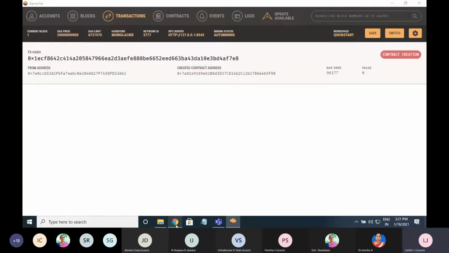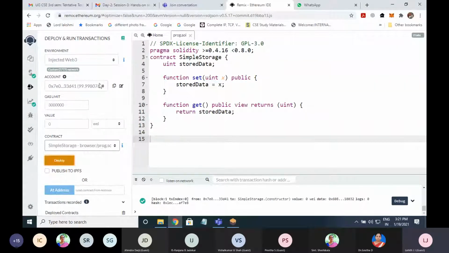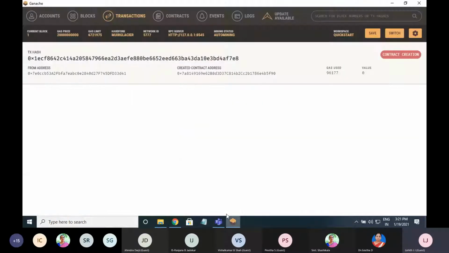I'll show you here. See here, 0x7E0C is the externally owned account. Next, the created contract address is 0x7A814. After deploying the smart contract, it has generated this address.